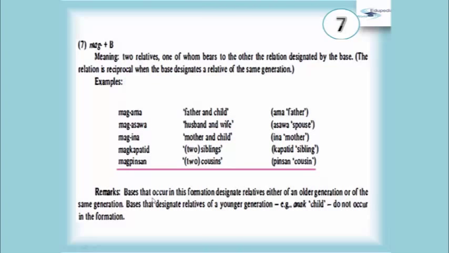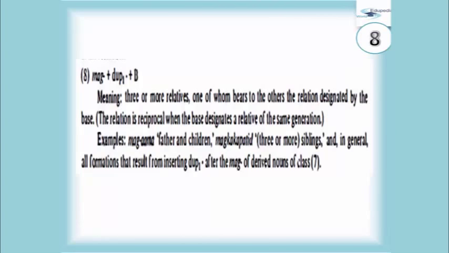Bases that occur in this formation designate relatives either of an older generation or of the same generation. Bases that designate relatives of a younger generation, anak, child, do not occur in the formation. The last formation that we are going to discuss in this video is the mag plus dup 1 plus the base,